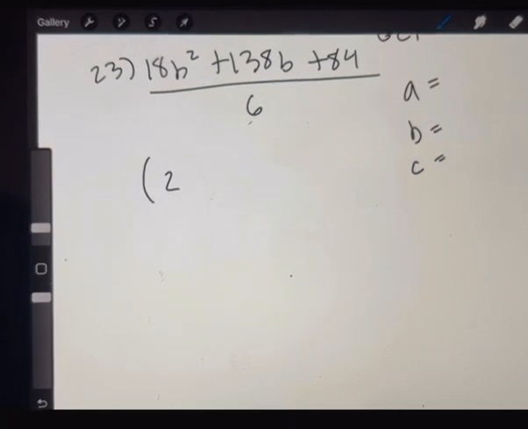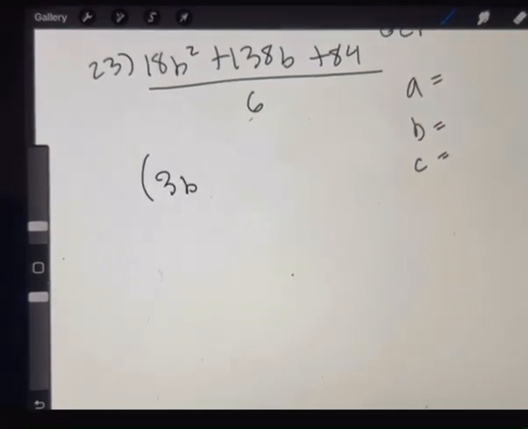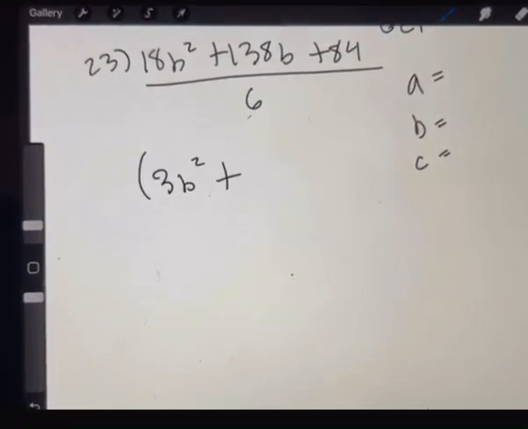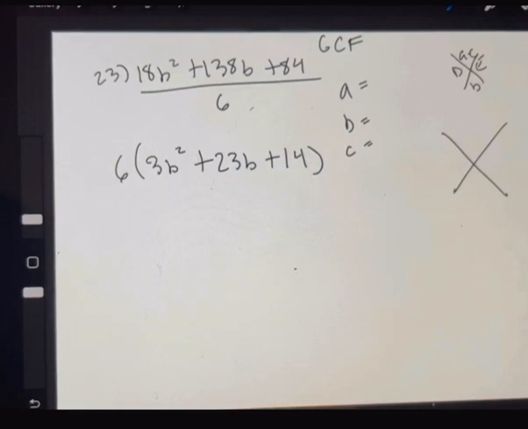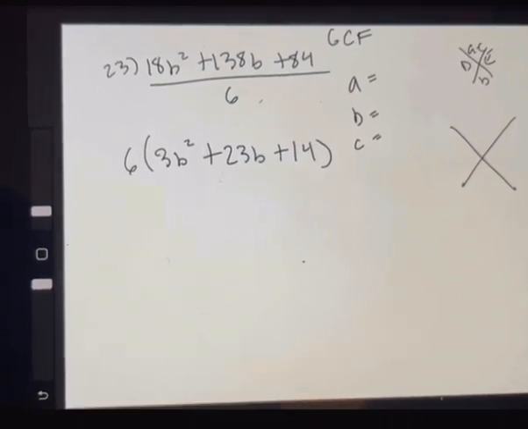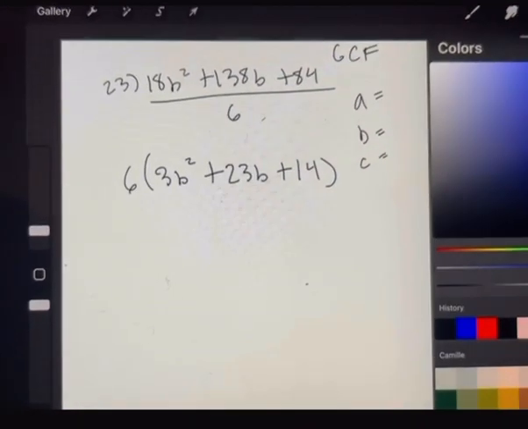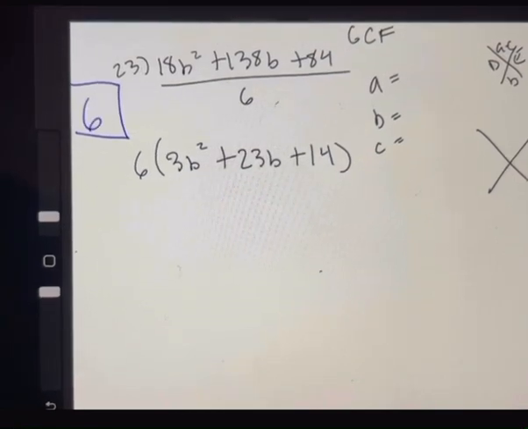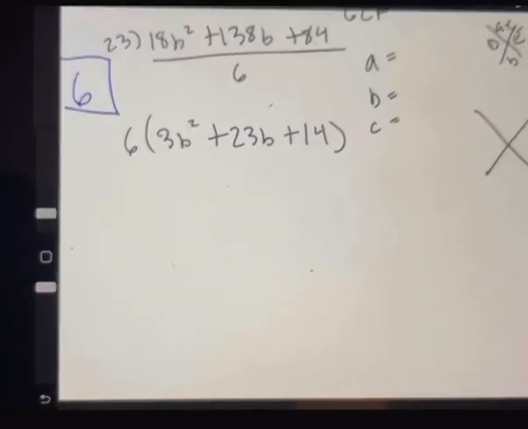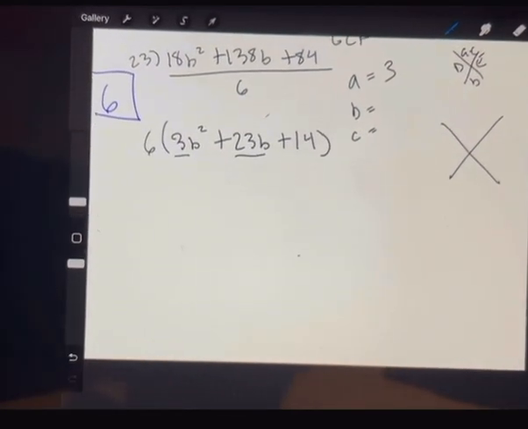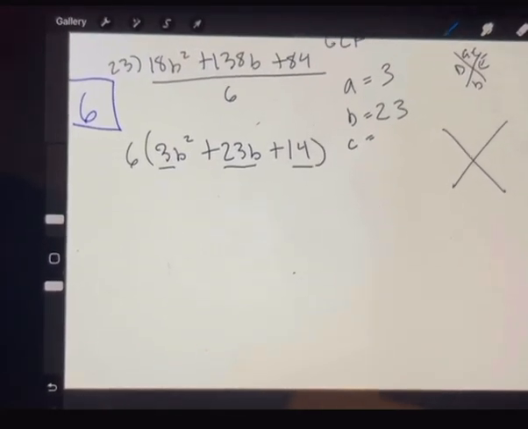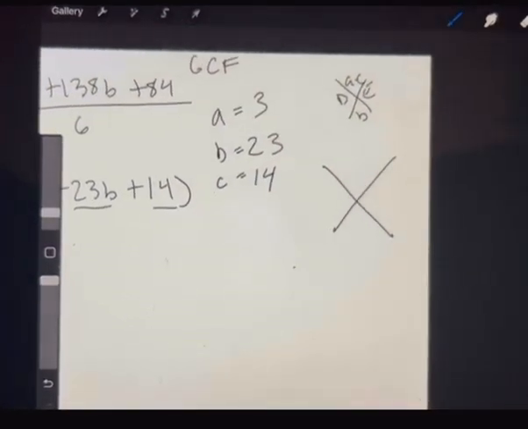Now we can rewrite our equation: 3b squared plus 23b plus 14. And remembering the 6 on the outside, because that is our greatest common factor that we divided by, so we can't just get rid of it, we have to put it somewhere, and we will put it at the end of our equation later. So A is 3, B is 23, C is 14,